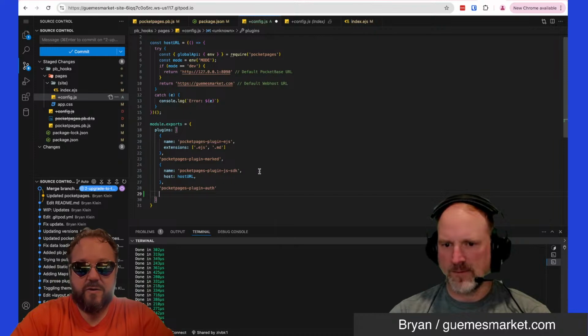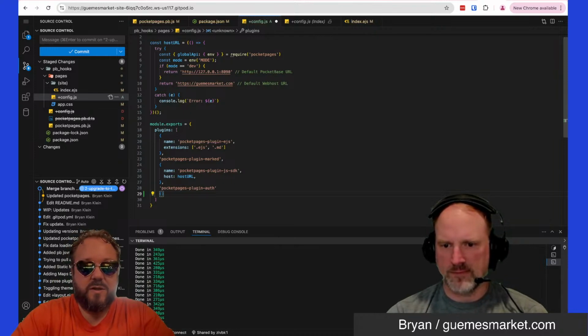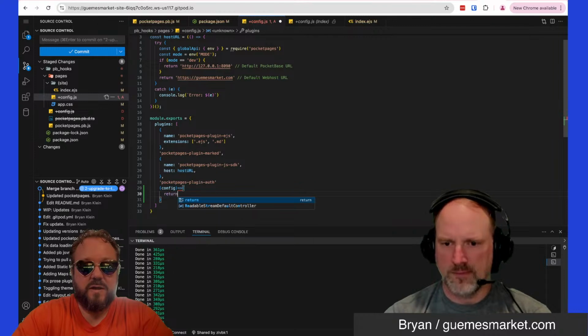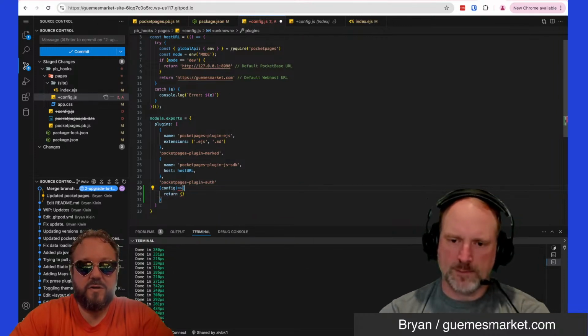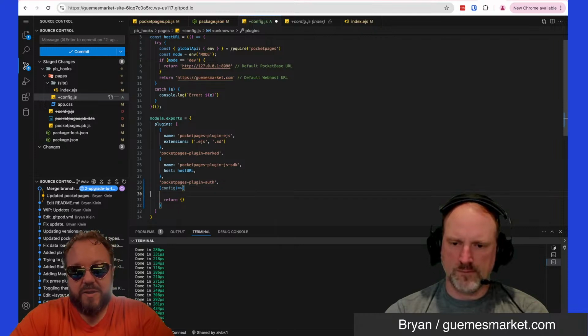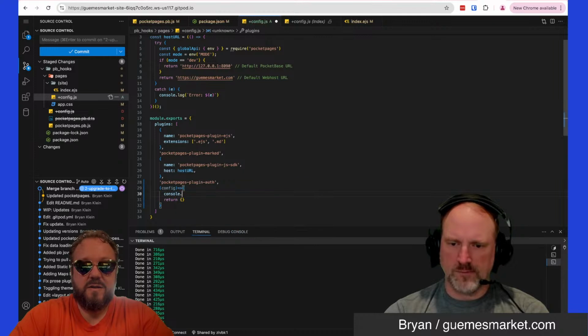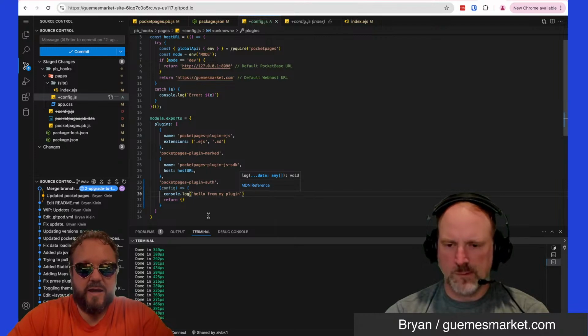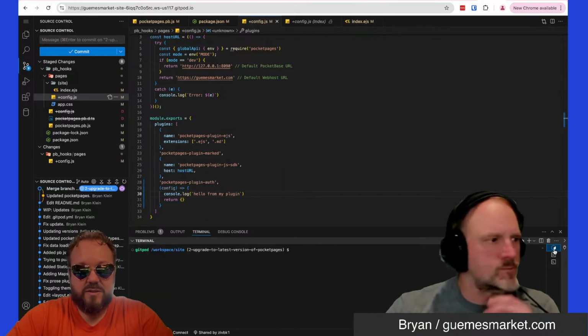So you can just go config like this, and then you have to return some kind of plugin API, which can be empty. And inside here, console log, I can say hello from my plugin. I can do that, and it should